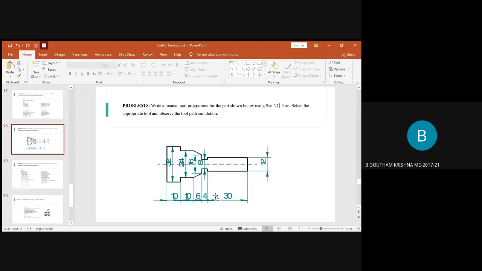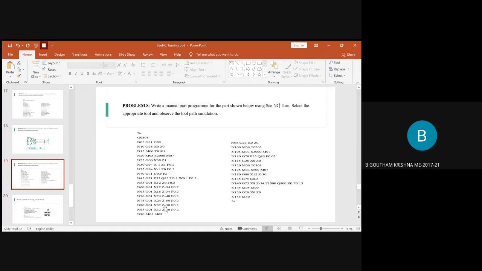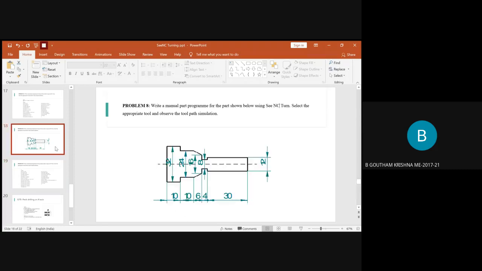It was minus 4 before, minus 34. We added 6, it was minus 40. And now after minus 40, minus 10 added again, it will be minus 50. So you will write X24, Z minus 50, and the value of F will be 0.2. After this, the tool is at this position now.